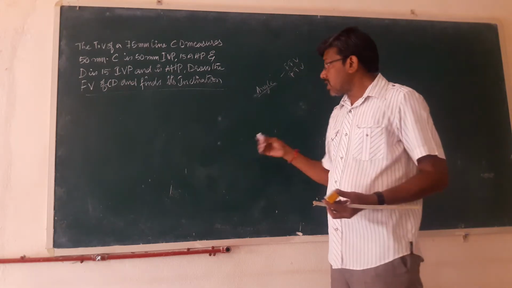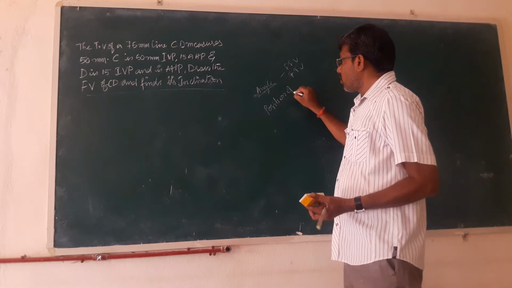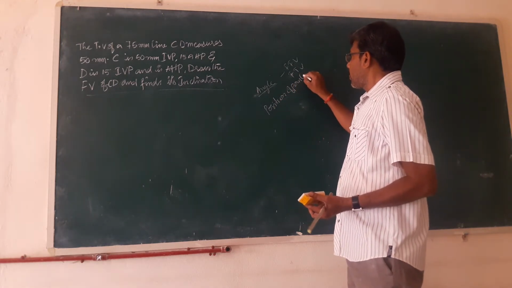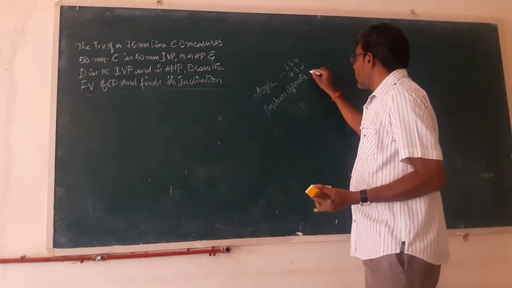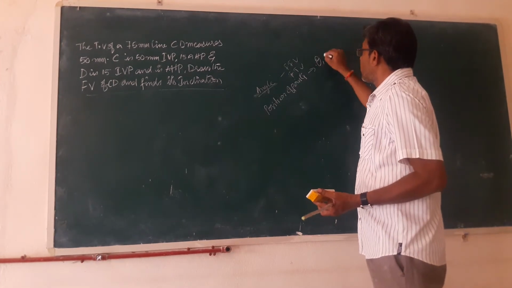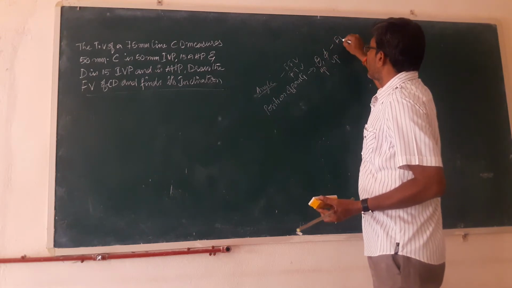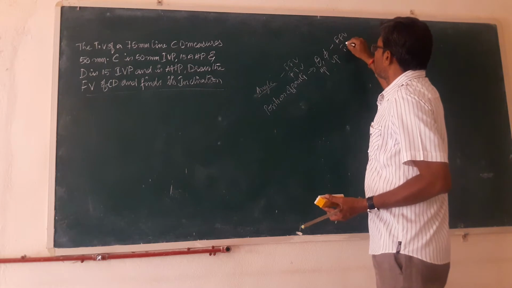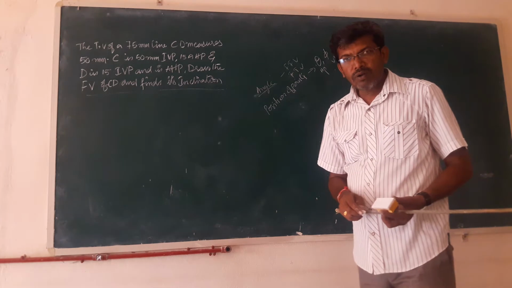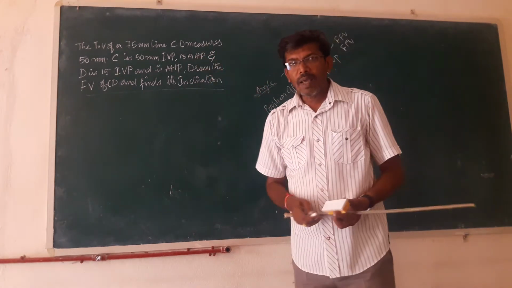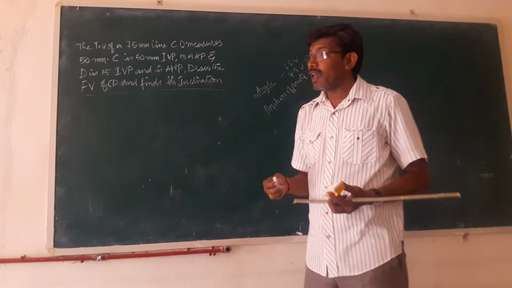Then next, positions of points are given, and we have to find the inclination with the horizontal plane and vertical plane. And this is the third type of problem for a line inclined to both the planes,